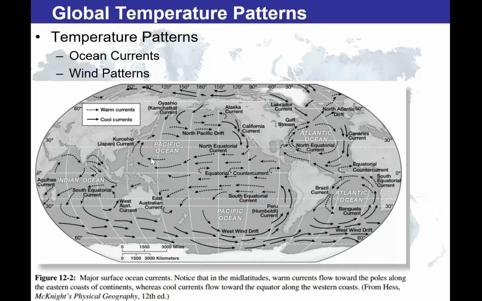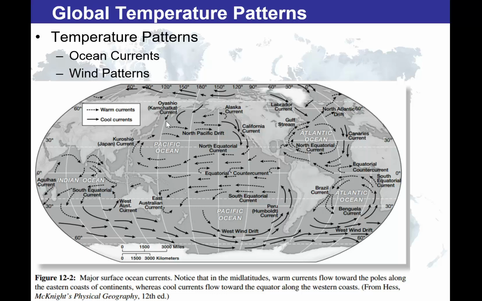So if you look at this pattern, you can see how around the equator, where we know that we have high insolation, generally water is going to be warm here. And due to something that we have not talked about yet, the Coriolis force, that is going to help indicate which directions these ocean currents are going to be spinning. But you'll notice that everything in the northern hemisphere is generally moving from the right side to the left side, so it's going from east to west, and it's bringing with it these warm currents, and it's going to be moving north along the eastern